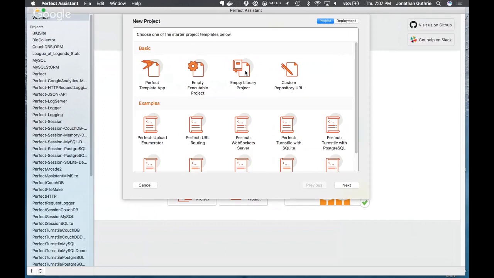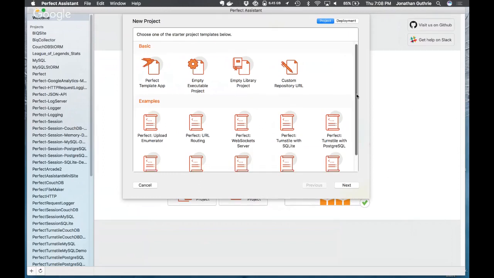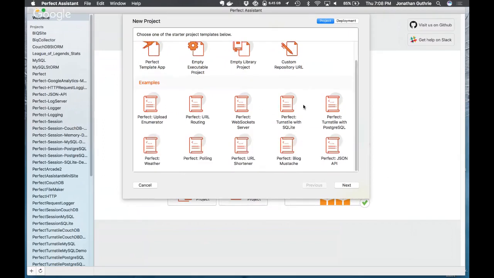There's also an empty library project, which might be really good for a Swift Package Manager module, or you can clone a custom repository URL. But tonight we're going to make use of one of the examples loaded by default, and that is the Perfect Turnstile with SQLite project.